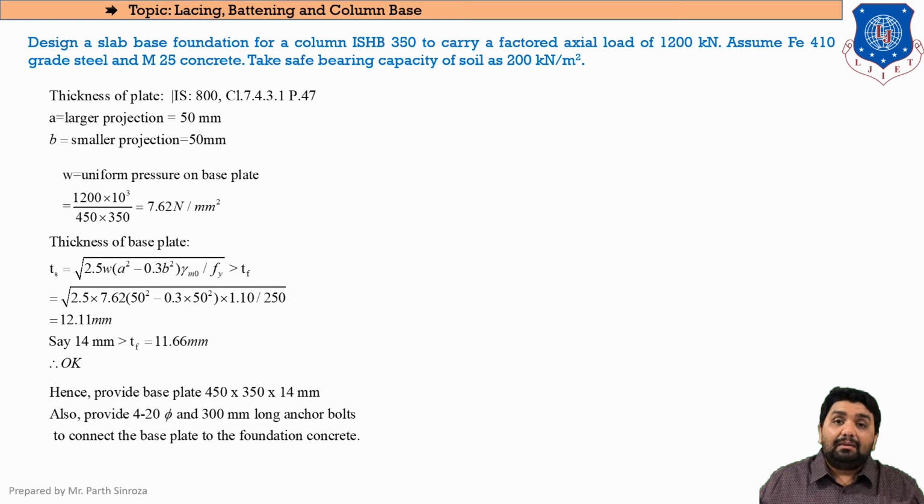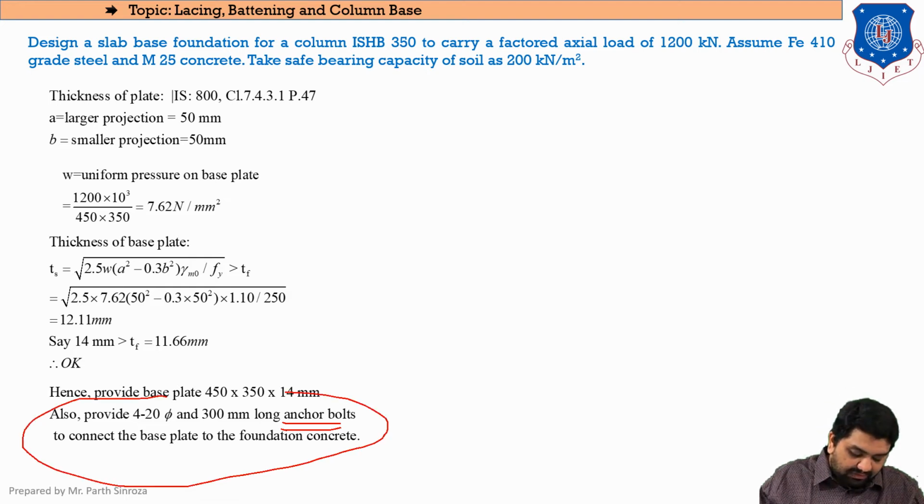So now this was the completion of our base plate, and this base plate is to be rested on the concrete floor. Clear? So the concrete floor is to be connected to this base plate, and for that we will be always using these anchor bolts. We are not going to design these anchor bolts. So for each and every question we will be always assuming this data. Clear?